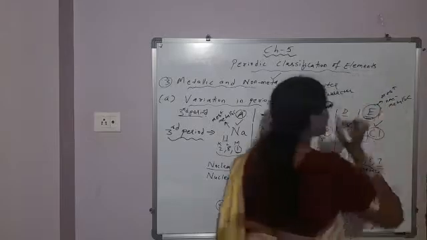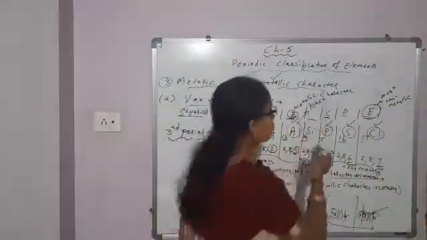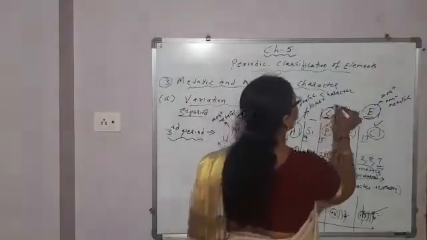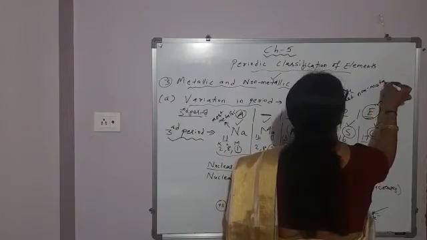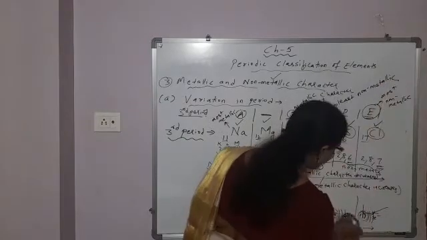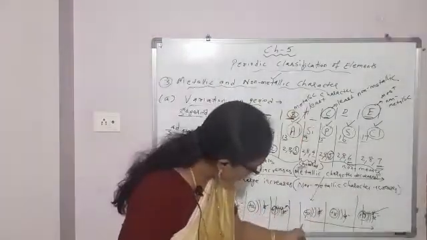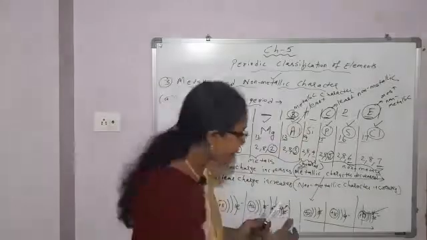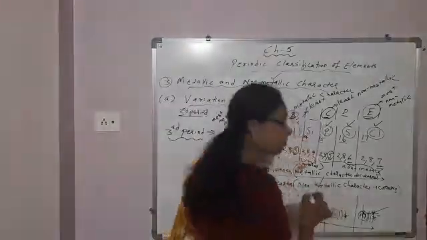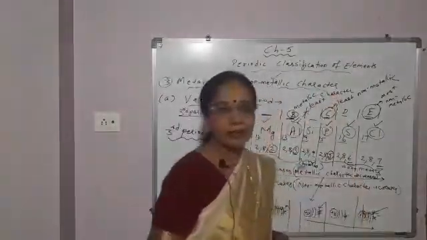Next, which is the least non-metallic? Which is on the extreme left out of C, D, E. So C is least non-metallic. Now why least non-metallic? Because nuclear charge is less. Out of these three, C has nuclear charge less. So force of attraction between nucleus and electron in the outermost shell is less. So tendency of the element to gain electron and form negative ion is less. So this is the least non-metallic.